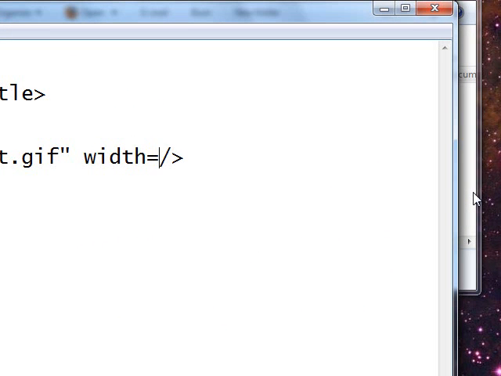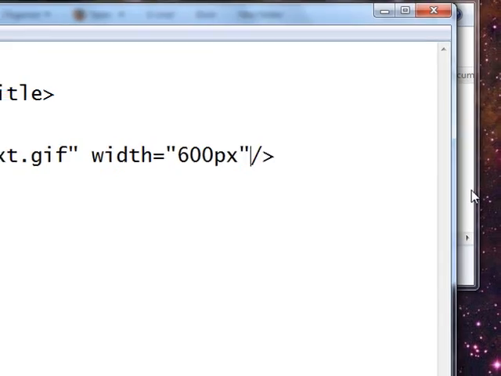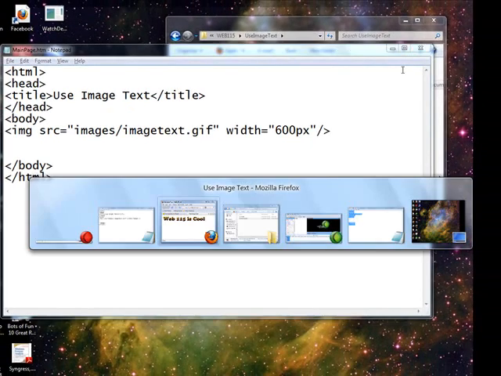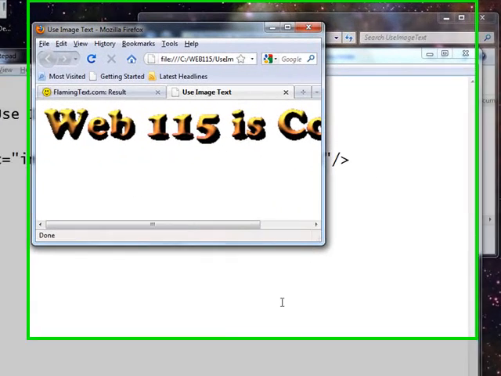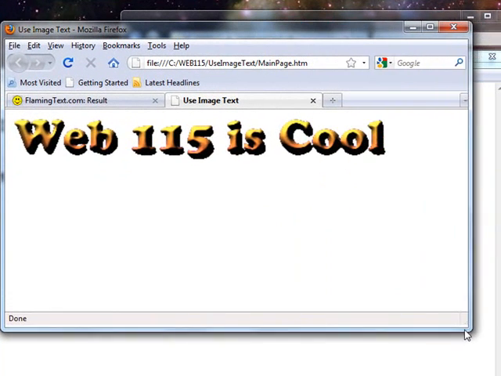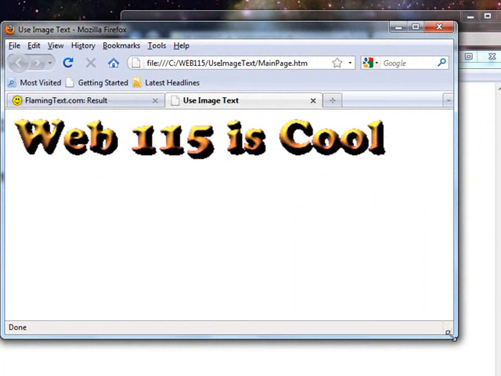Width equals, we'll say 600 pixels. Save it. Bring your browser back up. Just refresh it. It's a lot bigger. So there's actually a lot you can do. So anyway, this is an alternative to using HTML text because you can see there's a gradient, there's a 3D effect, and there are all sorts of things you can do with this if you go to a site such